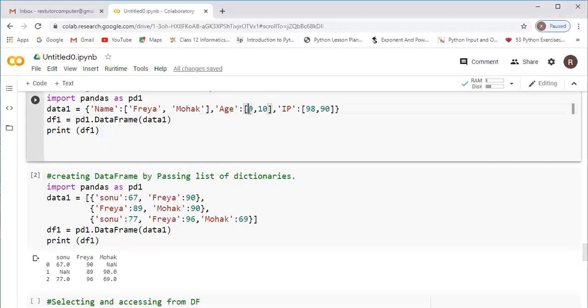Instead of age 9, I am giving 19 here, and here I am giving 18. So IP is equal to 98 and 90.